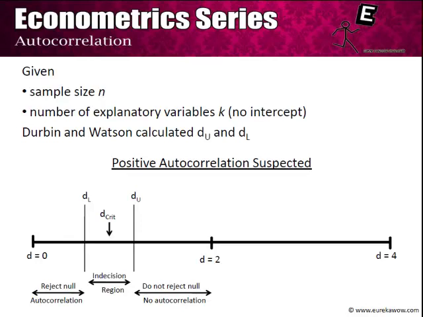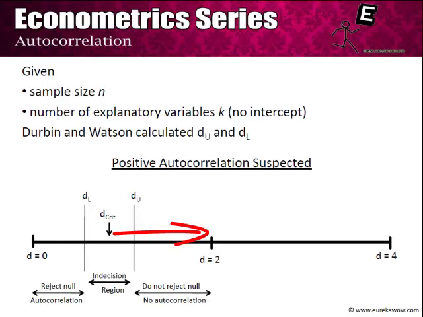As we have seen for all the tests such as a t-test or a normal test, there is a critical limit beyond which we would say that the null hypothesis is rejected, and within which we would say that the null hypothesis is not rejected. Similarly, there is a value called d critical. So when we are considering only positive autocorrelation, then any d value which is to the left of d critical would make us reject the null that there is no autocorrelation, and any d value which is to the right of d critical, and rather between d critical and d equal to 2, would make us not reject the null